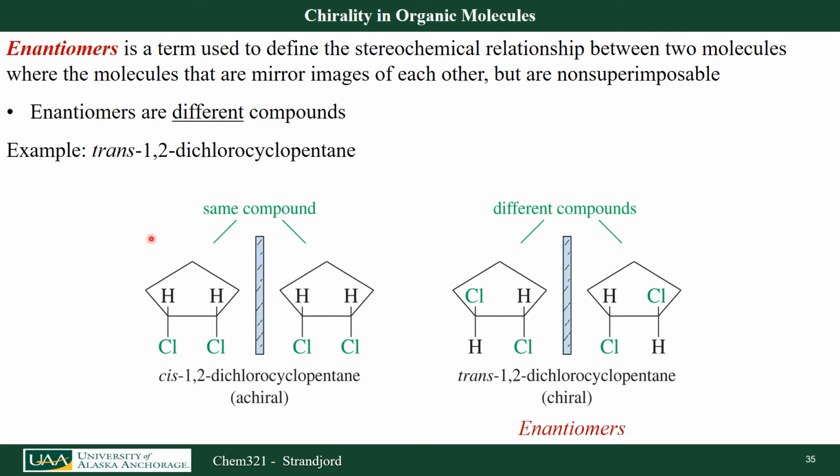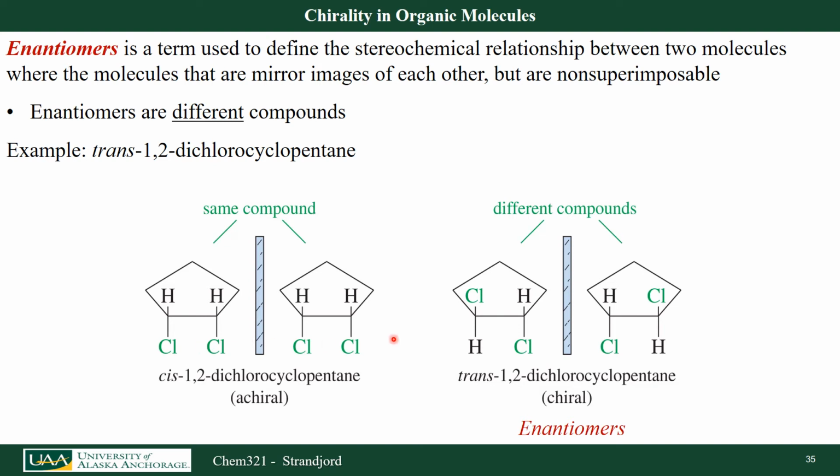So let's look at stereo centers and the word enantiomers if I look at cyclic compounds. If I look at these 2 molecules here, I can see that if I drew the mirror image of them, I could literally superimpose one on the other. So this is an achiral molecule. So this is, if I have a cis